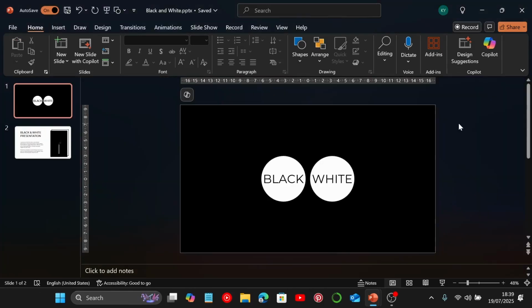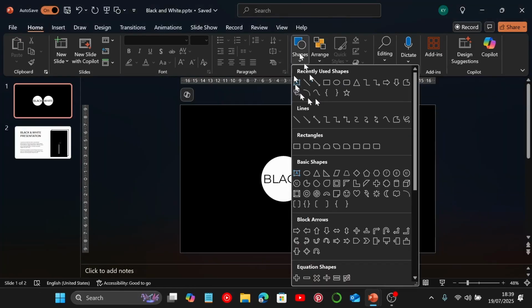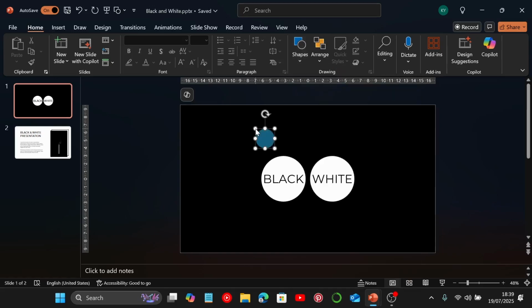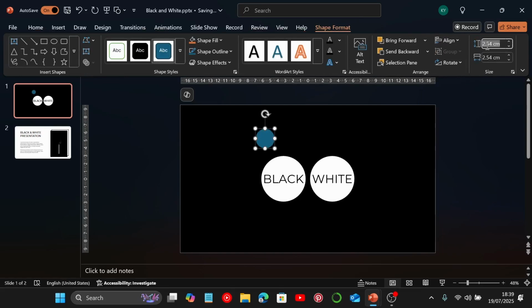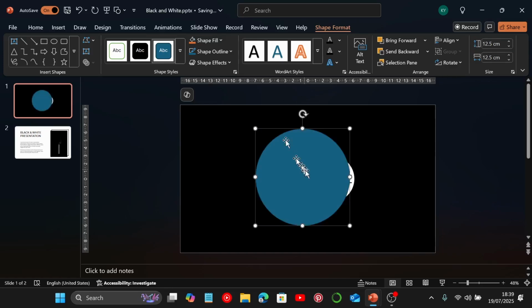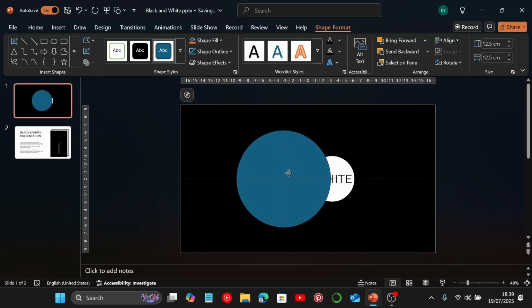First, let's insert a shape. So go to shapes, insert an oval. We're just going to insert that, insert a circle. For the dimensions, change this to 12.5 by 12.5, like that. And I'm just going to move this so that the middle aligns like this. So the middle of this larger circle aligns to the middle of the smaller white circle that has the white text over it, and the side of the circle is also aligned to the center of this white circle